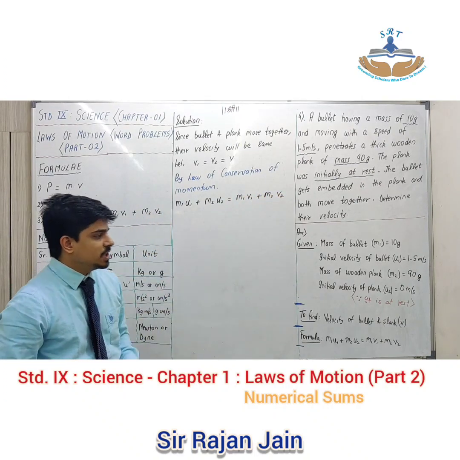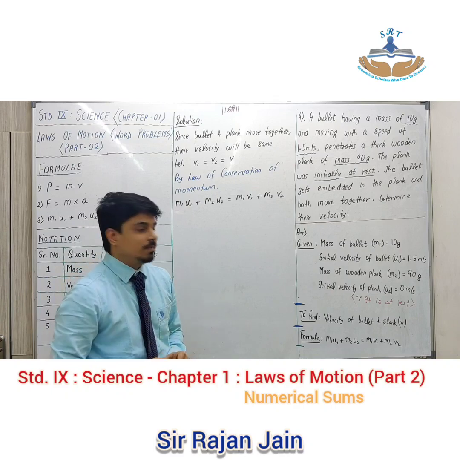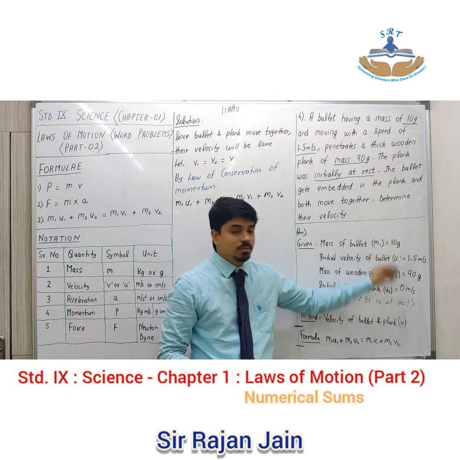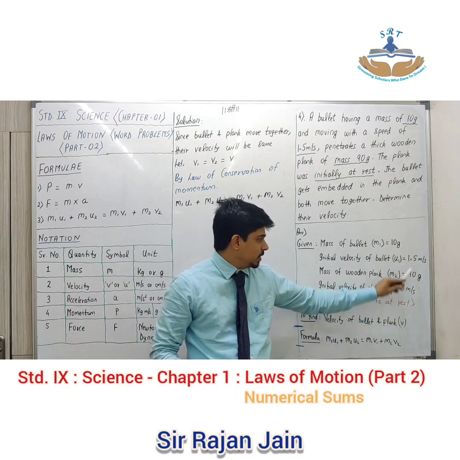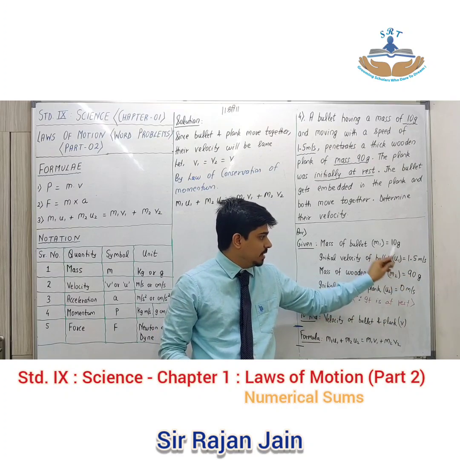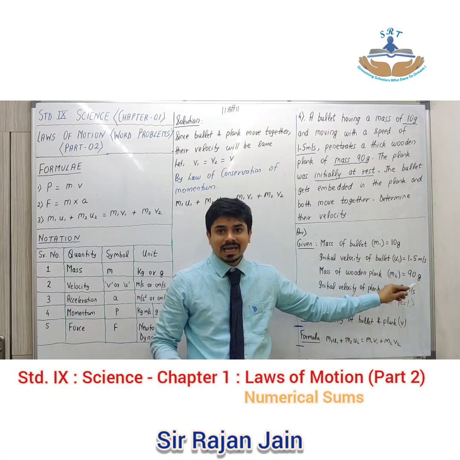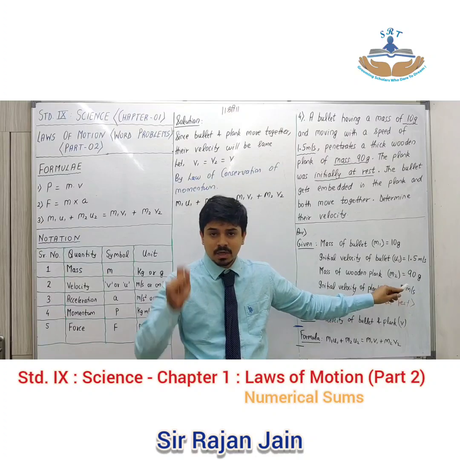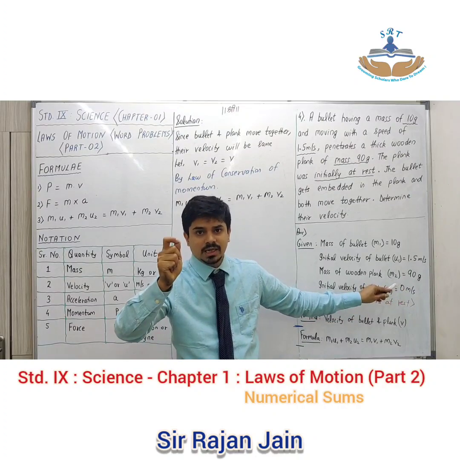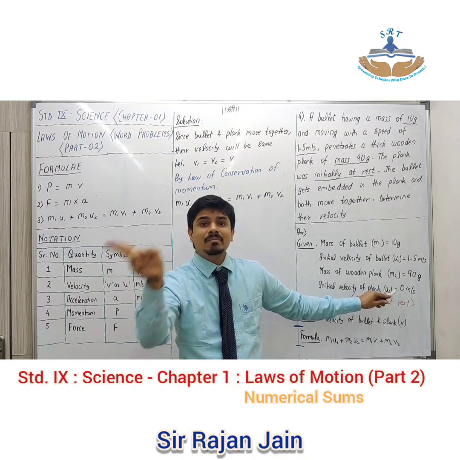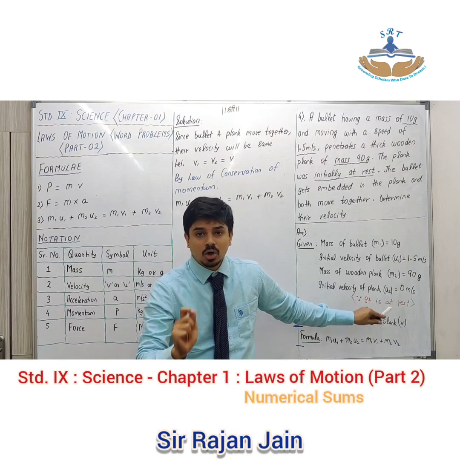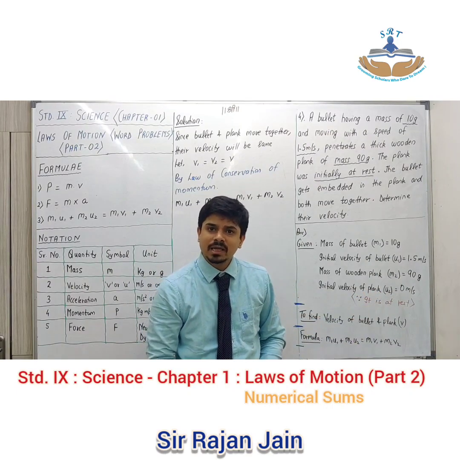Now before you substitute the value, be careful about one thing. Everything should be in SI system. Now over here, meter per second is SI system, but your mass is given in grams, which is your CGS system. So first I will convert it to SI system. Gram I will convert to kg. In order to do that I need to divide by 1000.